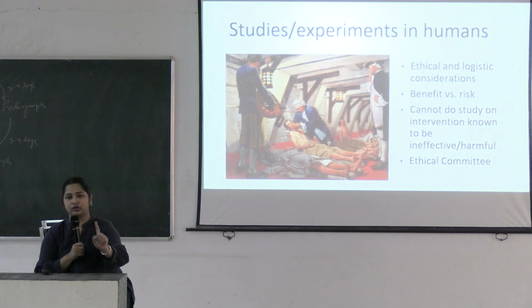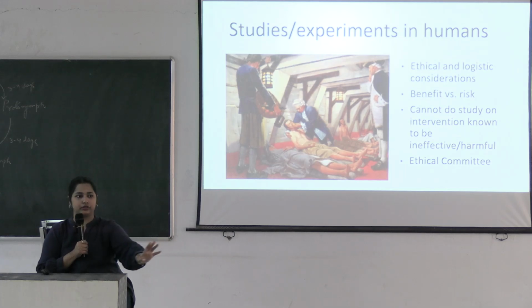Firstly, there is autonomy. Autonomy means the person who is being tested upon, the volunteer, for example, or the patient, has the right to participate, and if they want to, they can get out of the study at any point of time. And if there is compensation involved, if the person is adversely harmed for some reason, you have to give them compensation. So that is the ethical principle of autonomy.